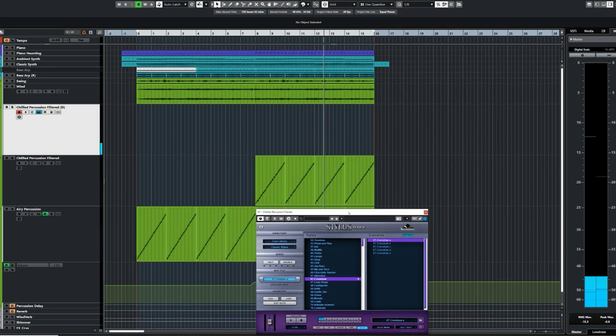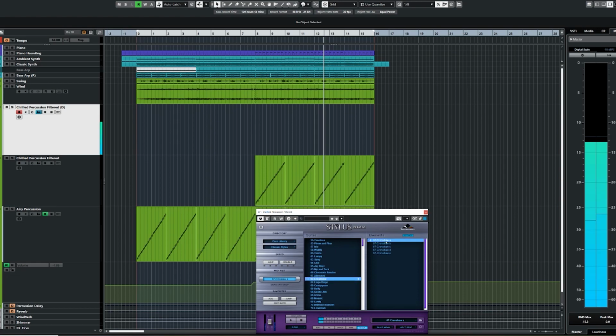So the percussion sound I want to use in the end is not too aggressive, but I think is going to do a really, really nice job of just keeping the feel of the intro, but also allowing room for me to actually start playing keys and stuff over the track. So this is what it sounds like. Very light, and I think I recognize it from another Danganronpa track. I can't remember which one though off the top of my head.